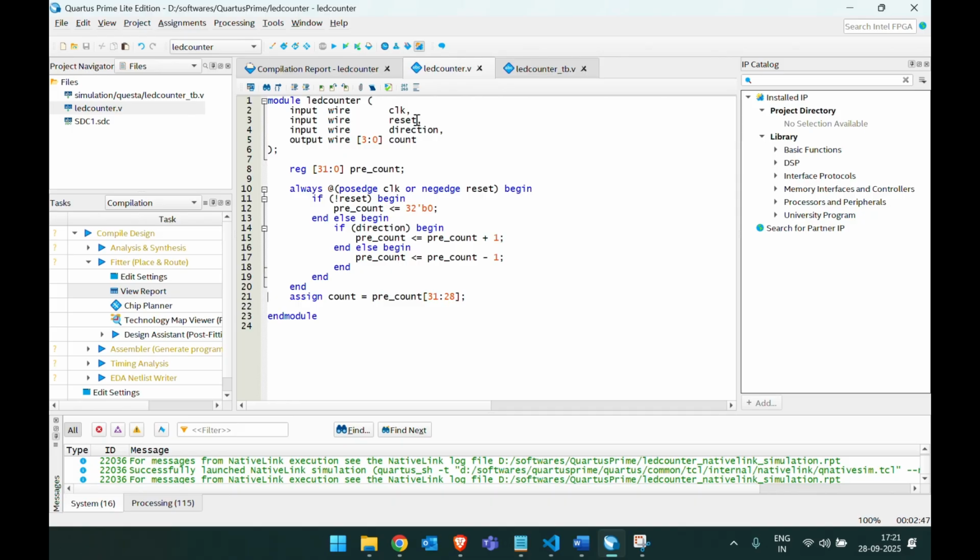So we have four inputs: clock, reset, direction, and count. Direction will determine whether the counter is counting up or down. If you see here, we have an asynchronous reset. And if the direction is 1, it will be an up counter, and if the direction is 0, it will be a down counter. And we have assigned the 4 MSBs to 4 LEDs of the FPGA board,